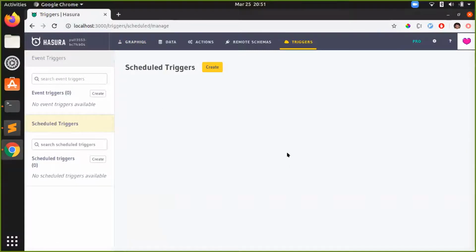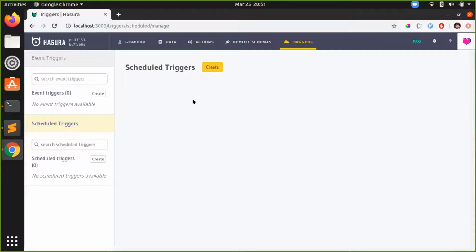Schedule triggers will have a diagram soon. It's not there yet. For people who don't know, schedule triggers are a way to run external logic at a particular time. It could be at a time in the future, or you could also schedule a cron such that the external logic is run at those particular times as per that schedule.